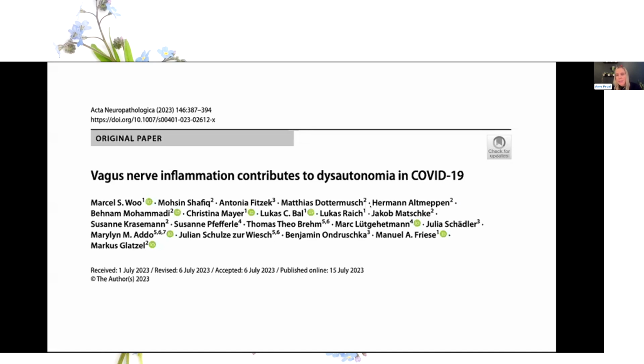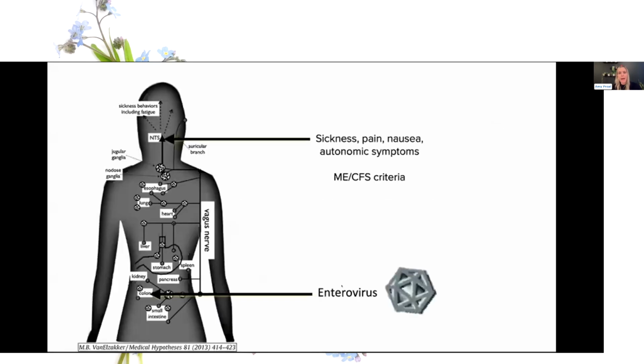And when they looked at the vagus nerve tissue of all of the people in the study, every single person had SARS-CoV-2 RNA, or the backbone of the SARS-CoV-2 virus, in the vagus nerve itself. So it becomes clear that these viruses can directly infect the vagus nerve, which is something we just need to further explore across what different viruses can do. But getting back to this model,